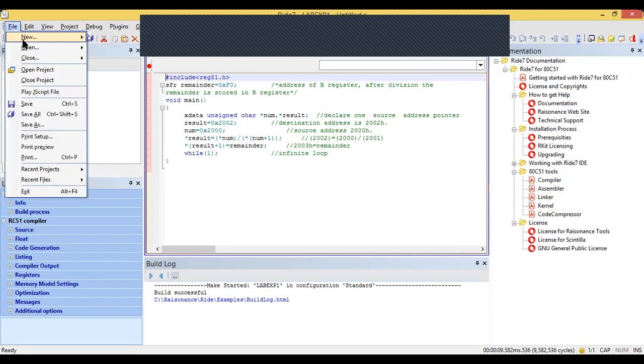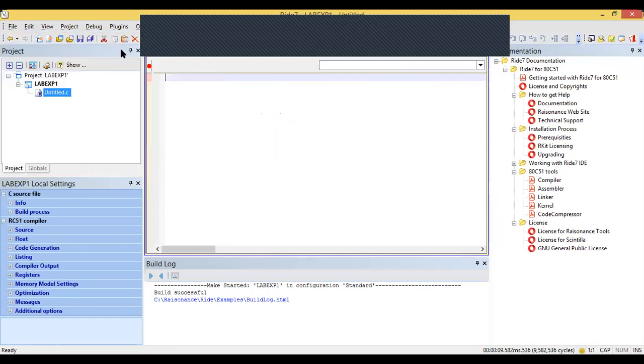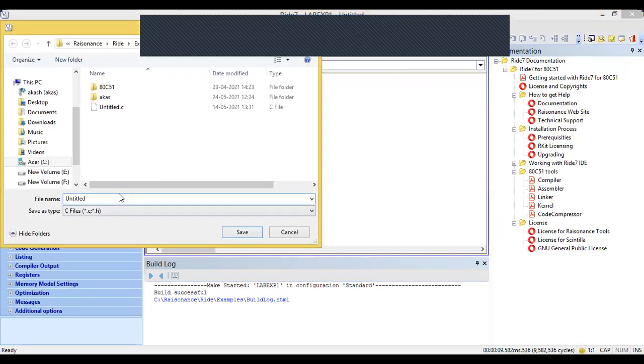In a similar way, you can create a C file. You can go to source file. If it is untitled, you can write the embedded C program. After that, you can save the program using any name, for example test.c. When you write an embedded C program, the extension should be .c.